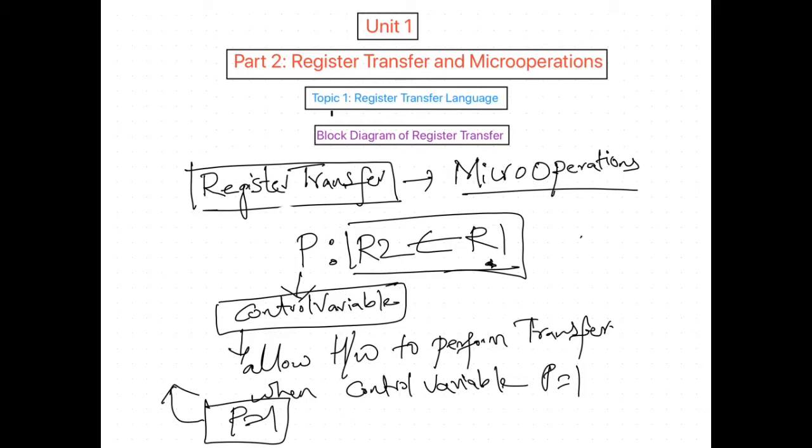Now let us see the block diagram of a register transfer. I'm just drawing a block diagram. First I'll write P: R2 ← R1.